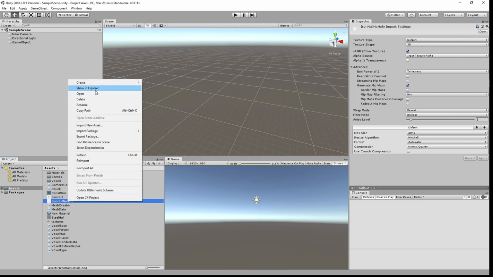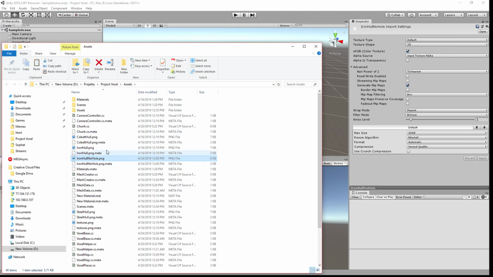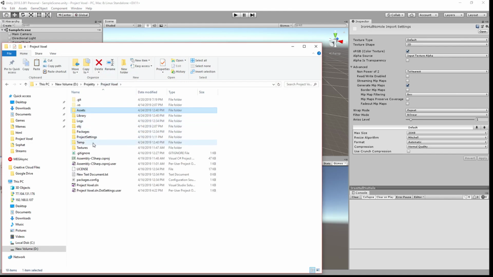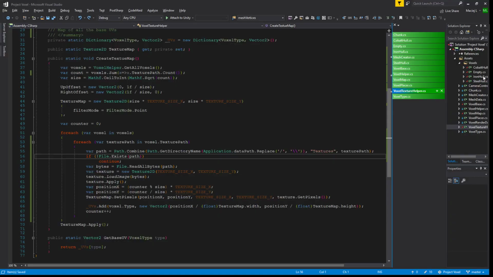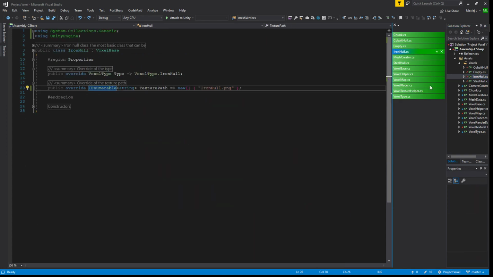Now let's put this texture in the correct folder actually, because we should in project Voxel textures. And now we can go to iron hull and set it to now texture iron hull no hole.png. And we encounter a problem. What's that? When we try to